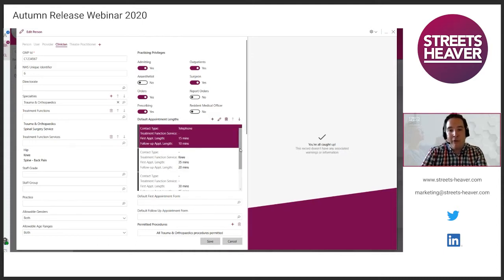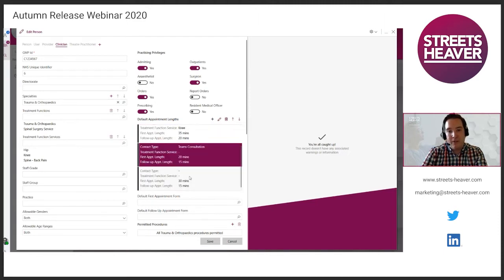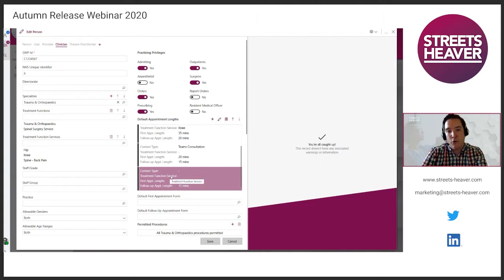What we need to be aware of when you add these is just getting the order right. So this one with nothing specified always wants to be at the bottom, so that's the absolute fallback position that Compucare gets to in terms of if it can't find anything else, those are the times it uses. I'm obviously showing this on an orthopedic surgeon, but we've also had examples of this being used within areas such